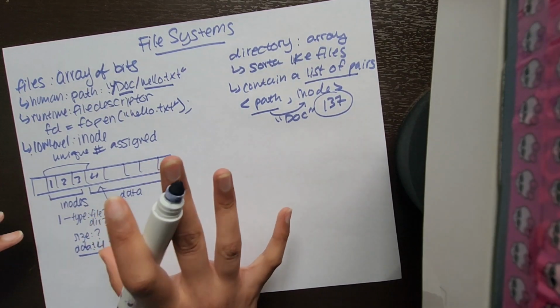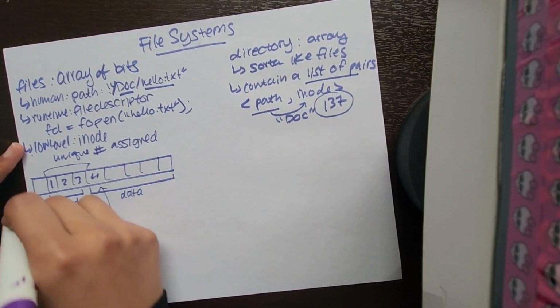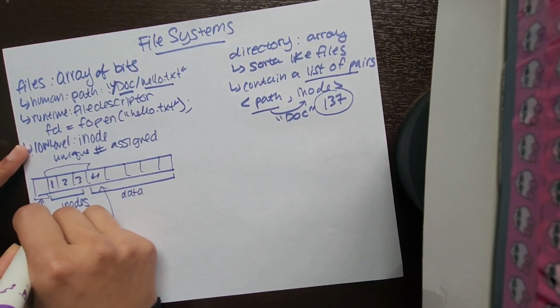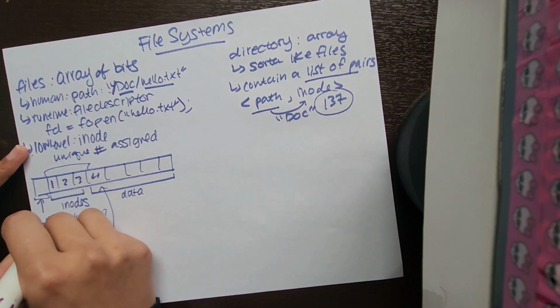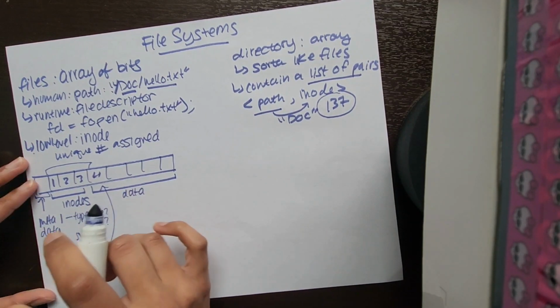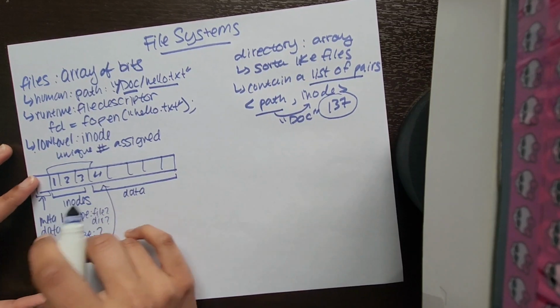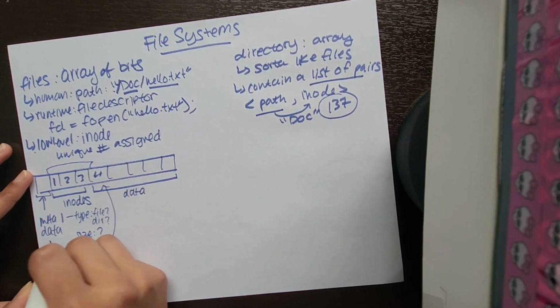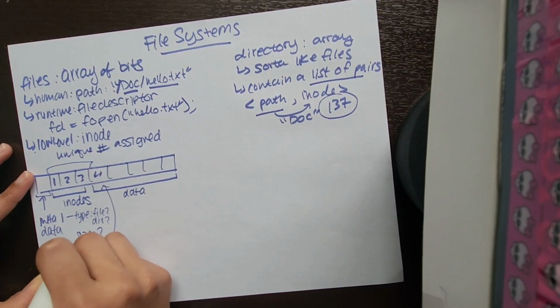Actually, let's go into this part over here, this one block that I left out. This actually contains the metadata. It's just like how inodes contain information about whether this is a file or directory, what the size is, what the data is. This contains information about where all the free blocks are,